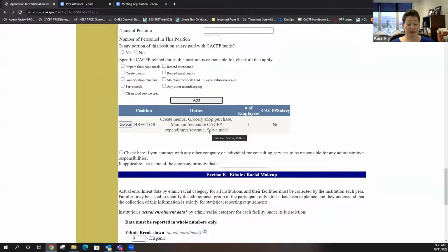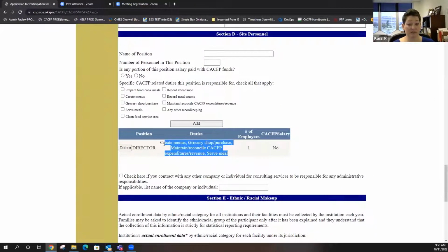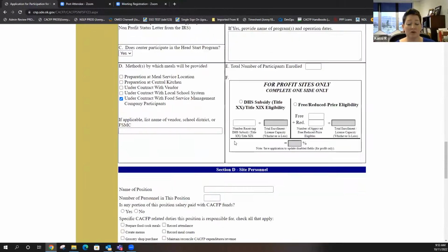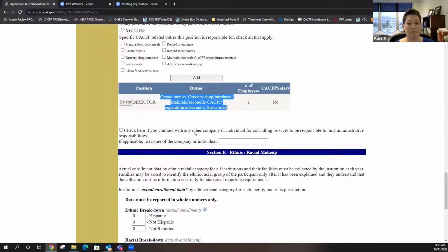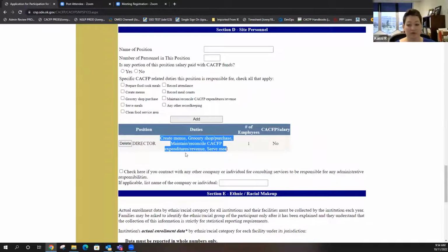When you roll this page forward, you will see that your people are entered, but all your duties are missing. If you try to submit this page without a duty, it won't save. We're still working on an edit button. So in order to get this page to save, you're going to have to delete your people here and re-add them, because there's no way to edit it and they have to have a duty. Hopefully by next week, I don't know when, they'll have an edit button, so you won't have to delete them and re-add them. But that's what you have to do for now.